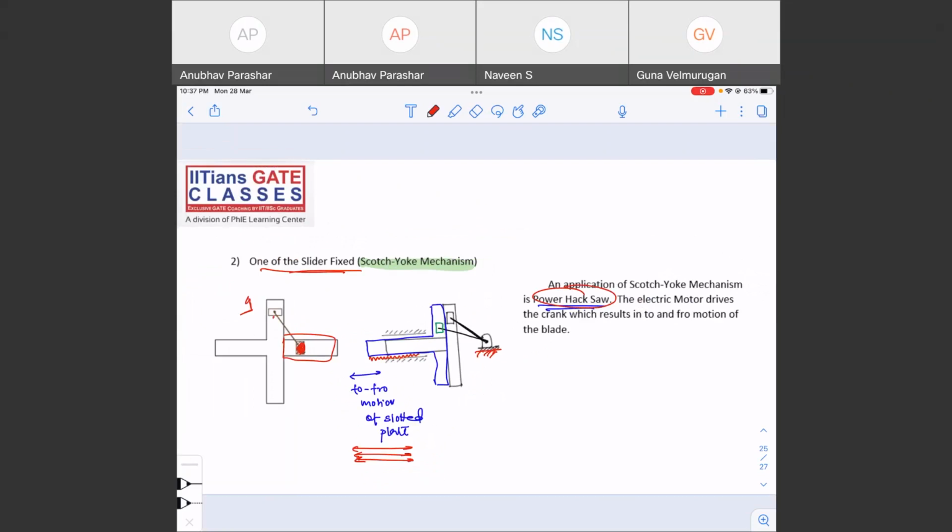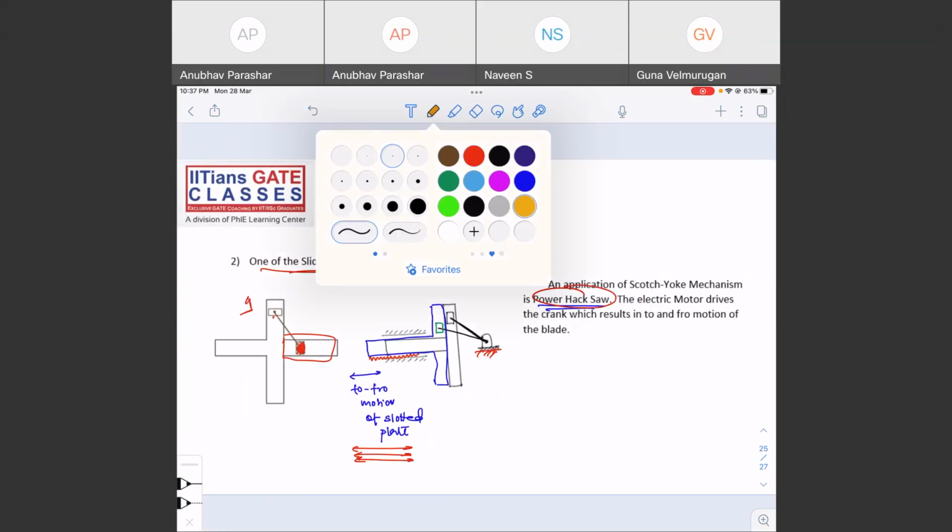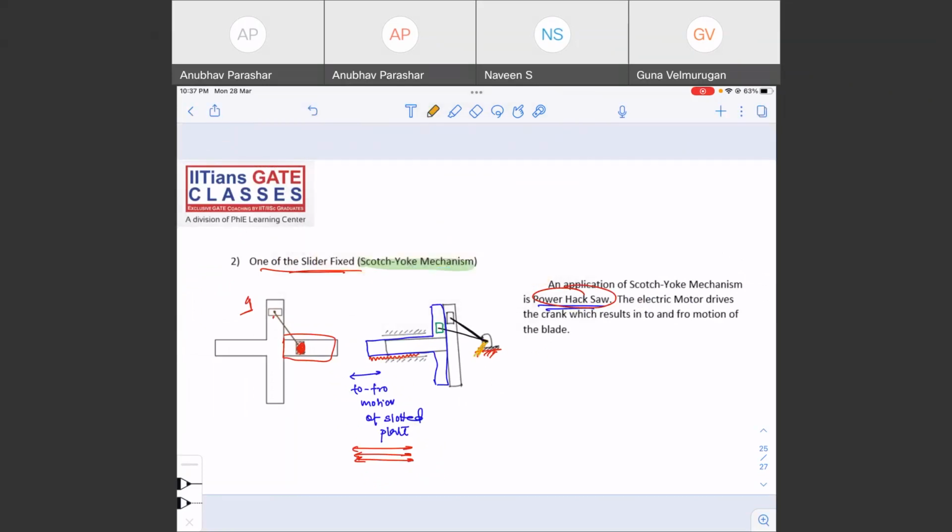We will simply install a motor here. The motor will run the crank. The crank will make a full rotation, and because of the full rotation, it is converted into to and fro motion, and since we have attached a cutter, it will cut, it will act as a